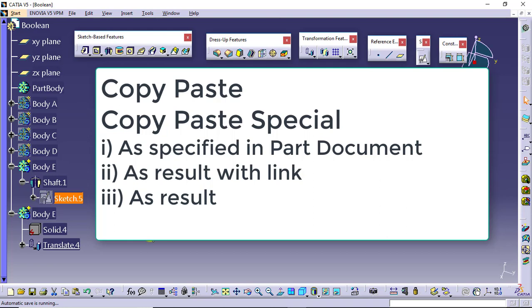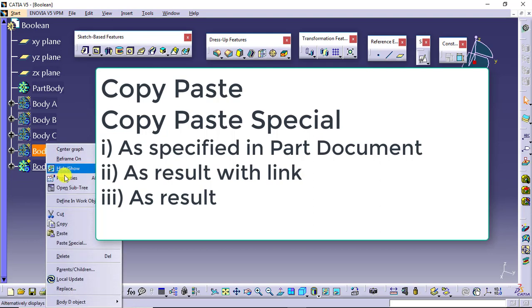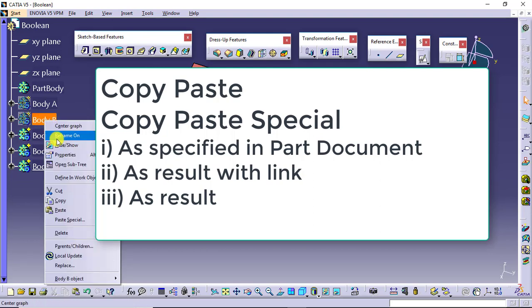But the other two options of copy paste special were giving me a different result. They were giving me the dead solid, the non-parametric solid. In case of as result with link, you will get a dependent solid. In case of as result, you will get an independent solid. For now, I think we have one suitable case available, and that is to maintain the dependency.